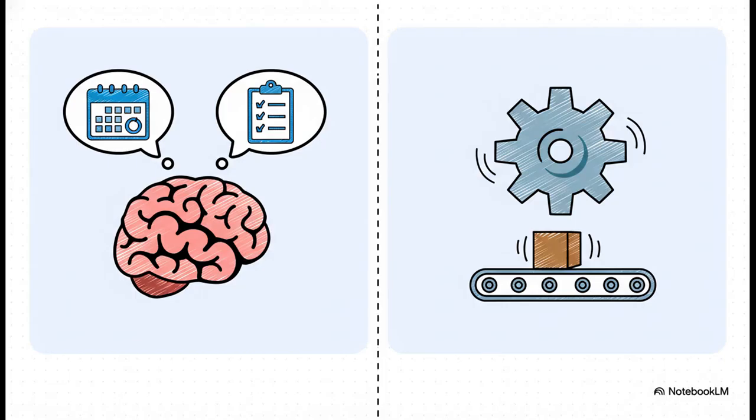And here is the key separation, the thing that makes it all click. The puller is strategic. It decides what to do and when to do it. The worker is tactical. It only cares about how to do it. This clean, clear boundary is the secret to the whole system.